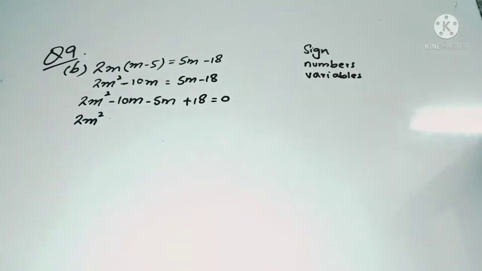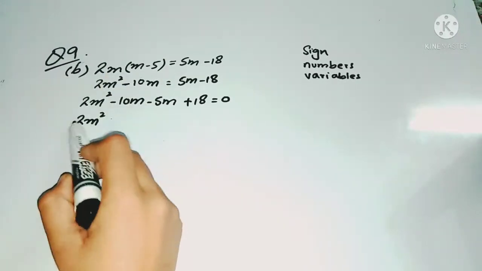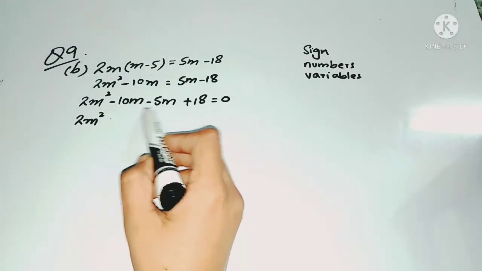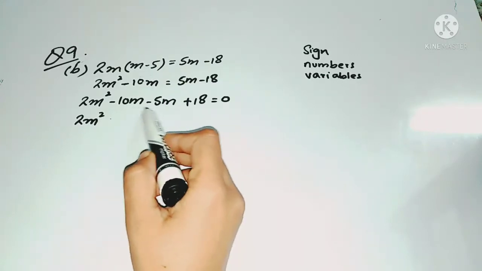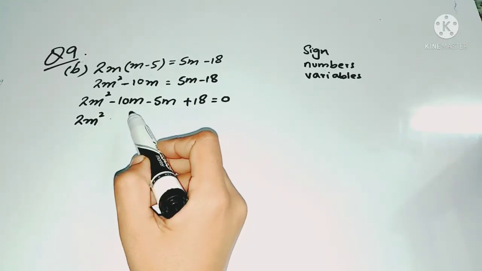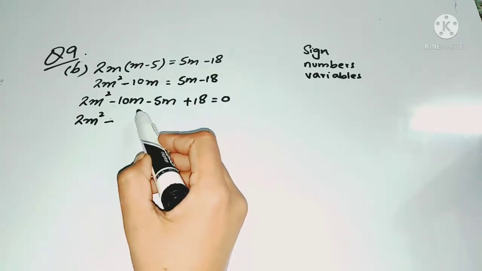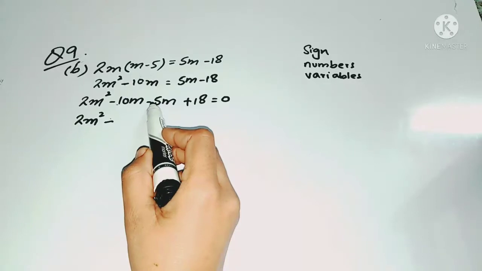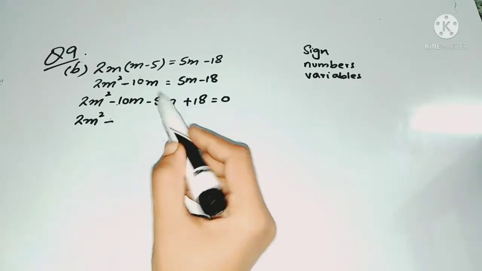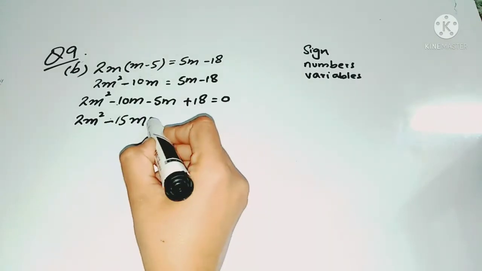Now students, you have to solve the like terms together. As you can see, there is only one m square term, so you will just write this term like this. Okay. But there are two m terms. So these are the like terms, m and m. So you will solve them together. Minus minus is plus. Okay. So you write the sign of the bigger number, which is minus. But you will do the operation of addition. Minus minus is plus, so it means that you will add 10 and 5, which is 15m. Write down the last term as it is.